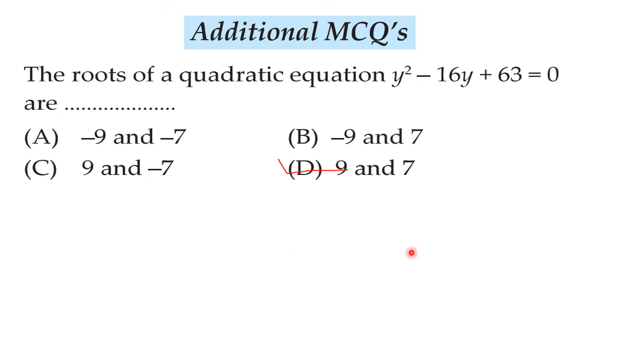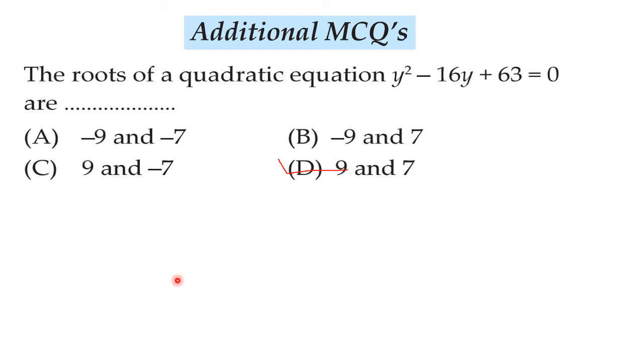I hope you must have written the question. This is an additional MCQ. Now here, see, MCQs of this type can be formed by simply changing the equation. These numbers will change. And since you have coefficient 1 here, it is very easy to solve just by observation. If the coefficient is different, then you need to solve it. When the coefficient is other than 1, you get one root as a fraction, or sometimes both roots as fractions. But here the coefficient is 1, so easily by observing like this you can get the answer.